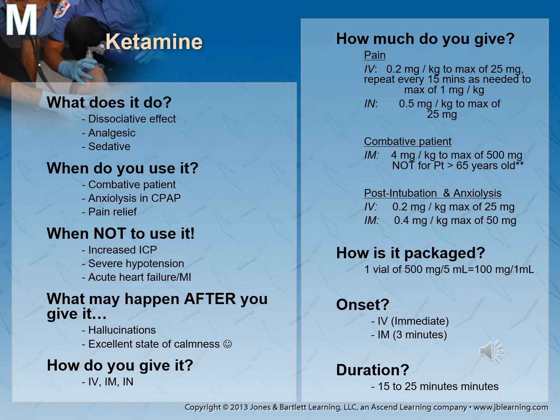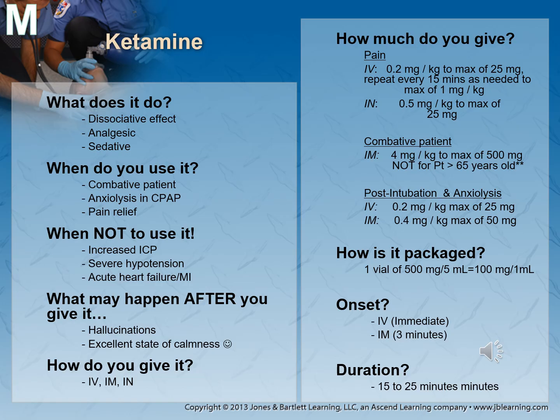We cover 3 different reasons to give it. So ketamine first, you can use it for pain. So you're talking abdominal pain, fractures, burns. Combative patient. On the dosing with this, it's 4 milligrams per kilogram to a max of 500 milligrams. It's packaged as 1 vial of 500 milligrams in 5 mLs. The goal for giving this medication during a combative scenario is you want the dissociative effect. What that is, you want to give them enough medication that it makes their body really calm and they pretty much disassociate from their body